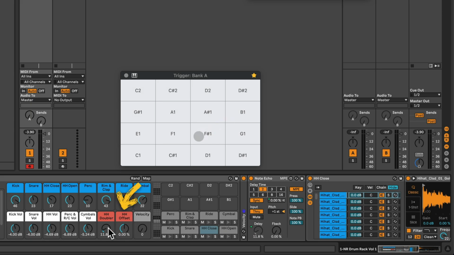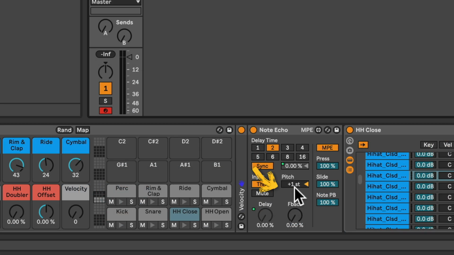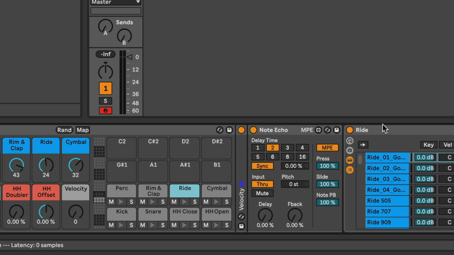The second macro offsets the repeated note from the original. If I go up, now we can play a shuffle. Try adding a couple of semitones to the pitch of the note echo and make it sound different, like hitting a hi-hat with the tip of a drumstick. The open hi-hat and ride pads also have a note echo device inserted, but it isn't mapped to the macros. You'll need to go to each pad and change it